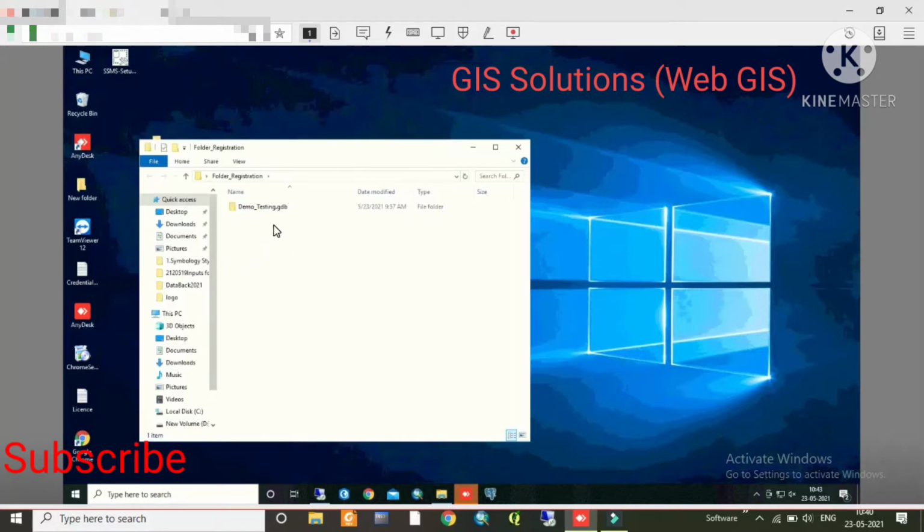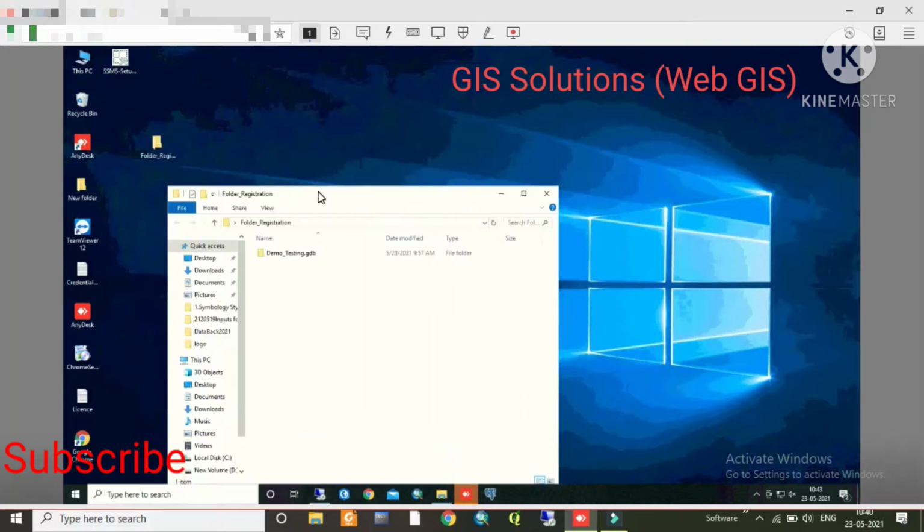Then this shows my data, which data is stored in the folder registration folder. So this folder can be registered in ArcGIS Desktop.